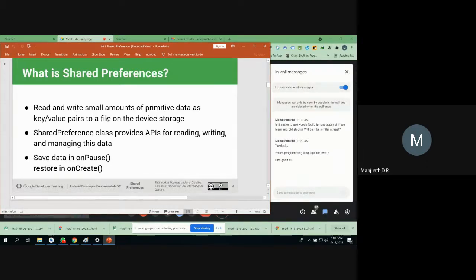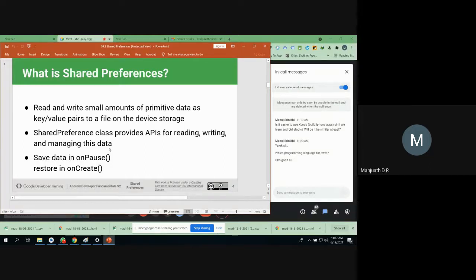So using this shared preferences class, we have separate APIs for reading the file information, writing into the file, or managing the data, maybe appending or deleting, or clearing the information that is present in our file. All these things we can do utilizing the APIs that are available in the shared preference class. APIs means we have something called read, write, append, clear or delete. All these we'll call APIs. APIs is nothing, think in terms of methods.